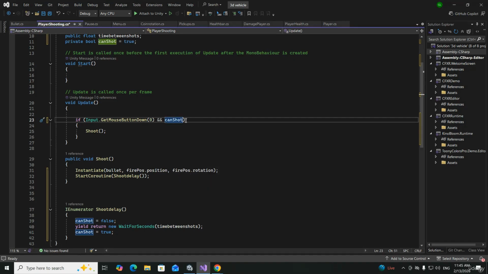Now, what and why we are doing that? In order for the shoot to happen, both of those conditions should be true. We obviously can always click our left mouse, so left condition can always be true, but can shoot will only be true after some delay time, after some time between shots. So when both conditions will be true, our shooting will happen. That's it. I think that's it. Let's save